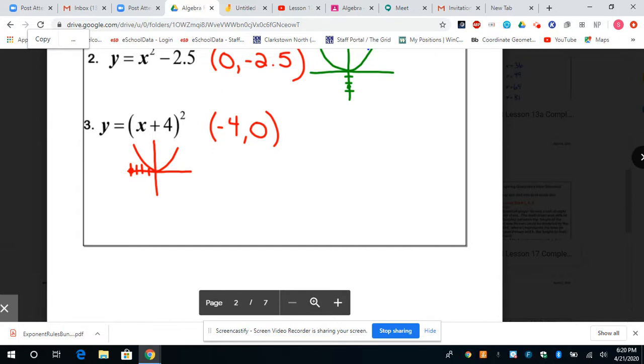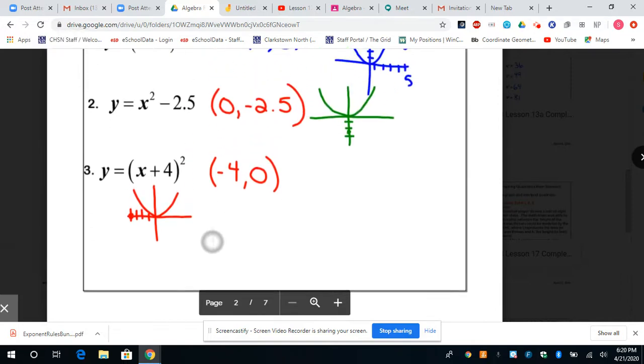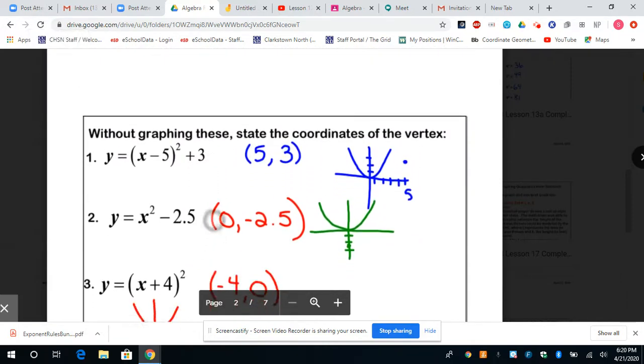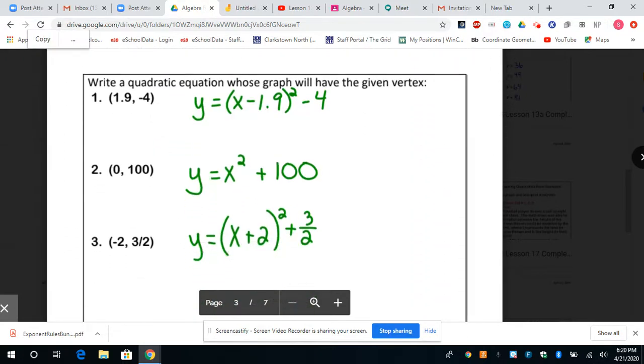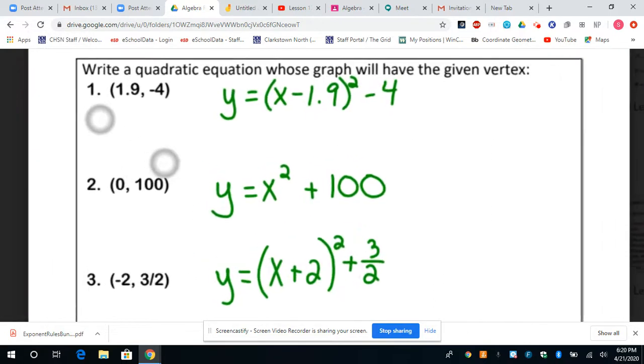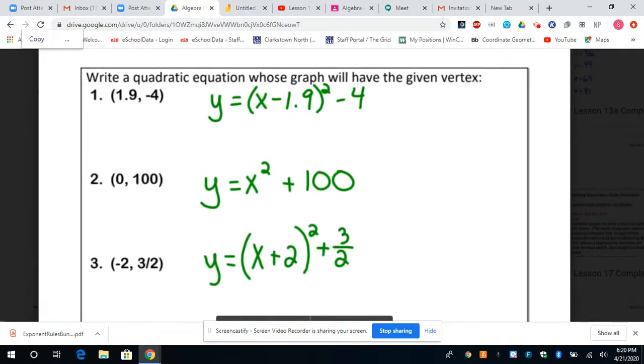Again, x plus 4 squared, so take the opposite, -4, and since there's no number outside, it would just be 0. Okay, so that was just finding the vertex. We did see some of these in previous lessons. This one says write a quadratic equation whose graph will have the given vertex. So now I'm giving you the vertex, and you're just plugging it into the original formula